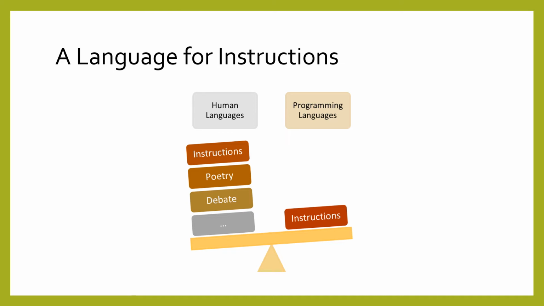Human languages like English or Spanish can be used to talk about many complex ideas. However, programming languages are only good for one thing: giving instructions to a computer to solve a problem. We don't use programming languages to talk to each other the same way we do human languages. That's because programming languages have a small vocabulary and a limited grammar.